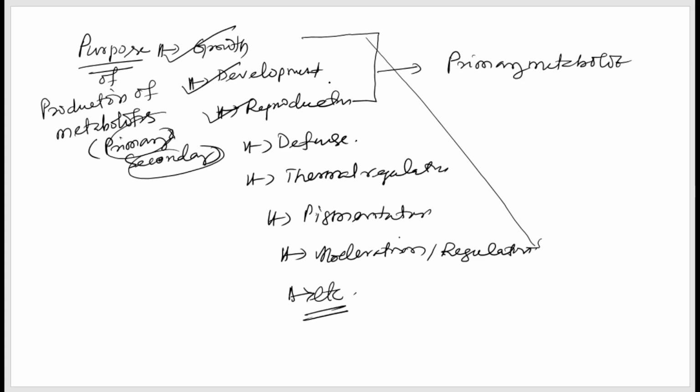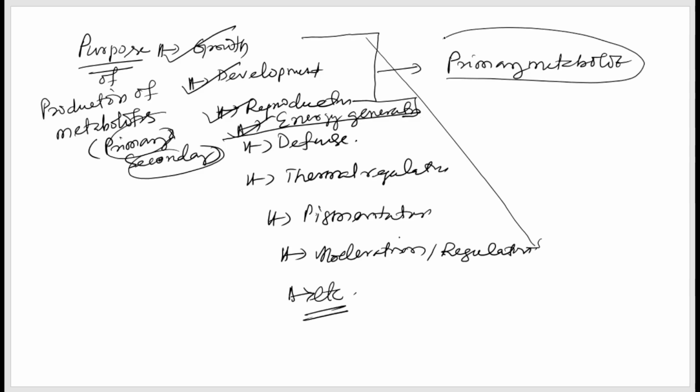Also energy yielding, another we can write here. Here we can mention that is energy yield or energy generation. This is also controlled by primary metabolites. So these four things are the main purpose of primary metabolites. That means these primary metabolites regulate these four processes, whereas the other processes that we have mentioned